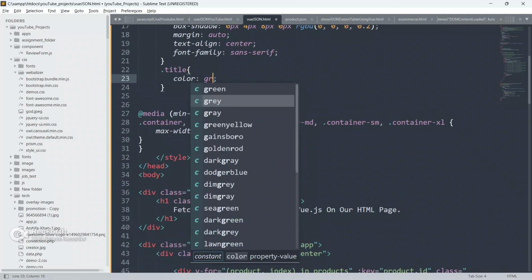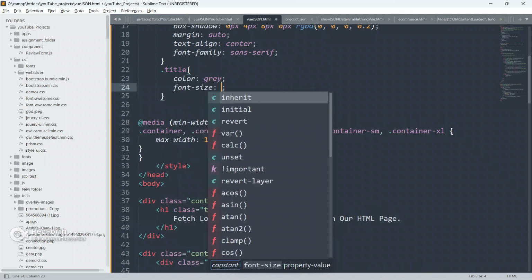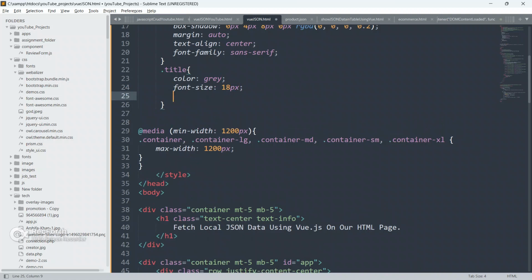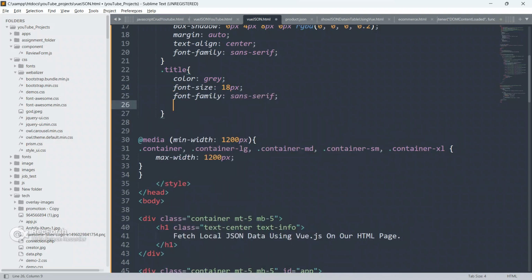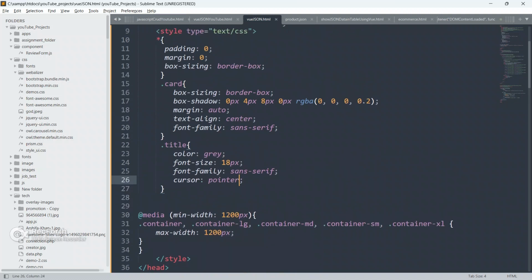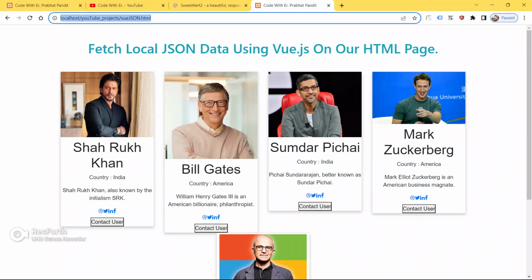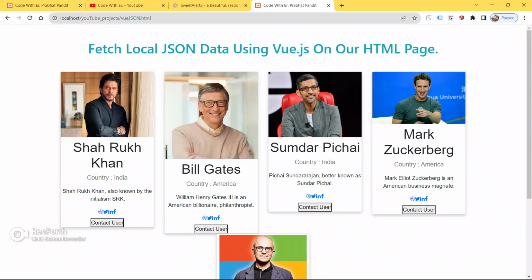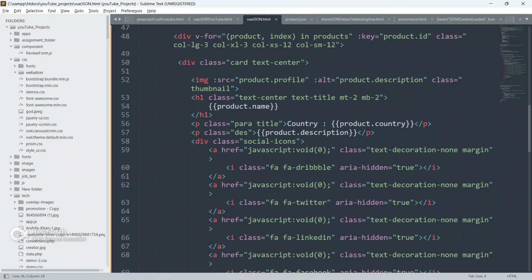Give color as gray, font size as 18px, font family as sans serif, and cursor as pointer. Now save your code, go to the browser and refresh your page. Now it is looking cool.